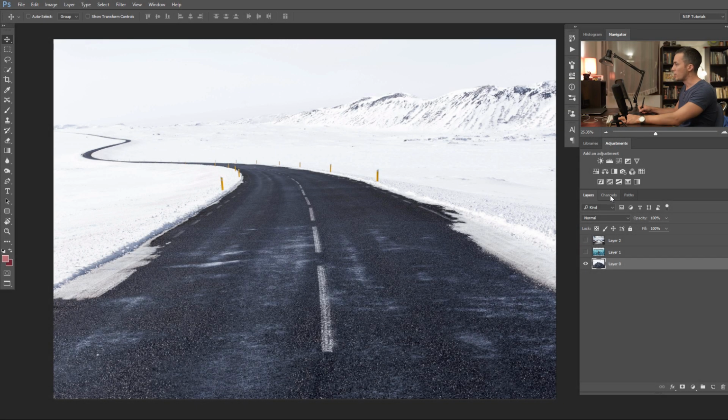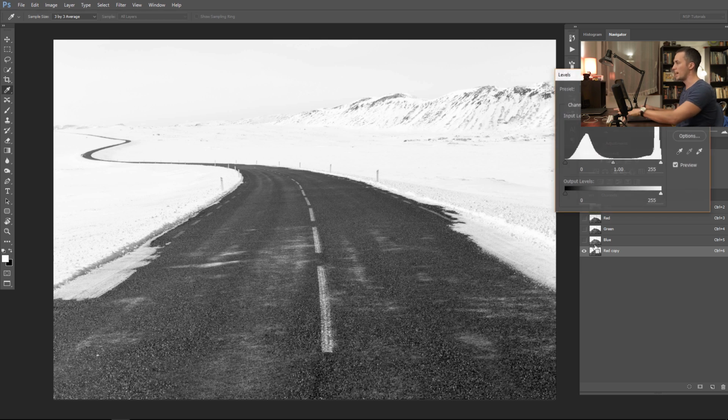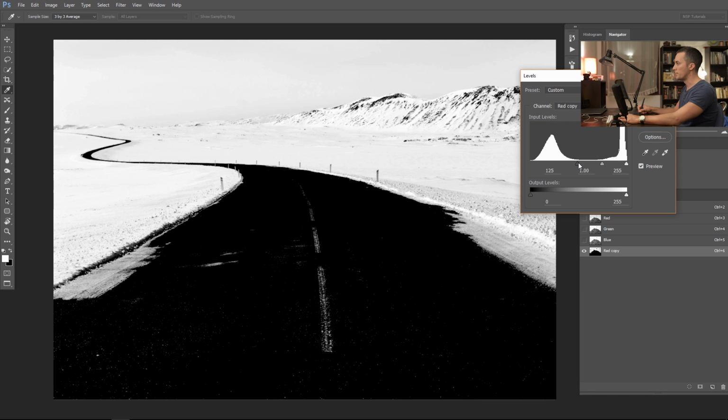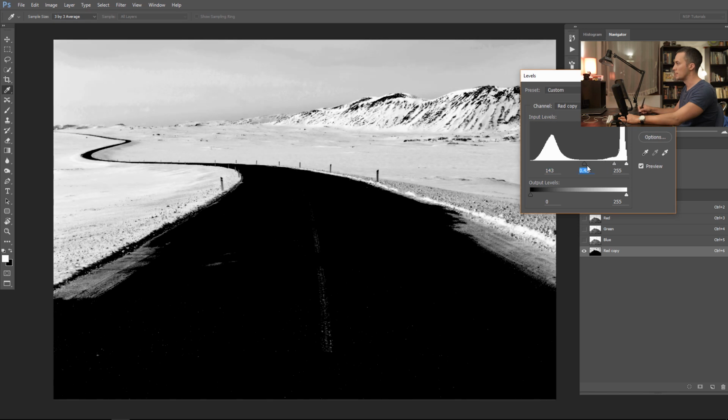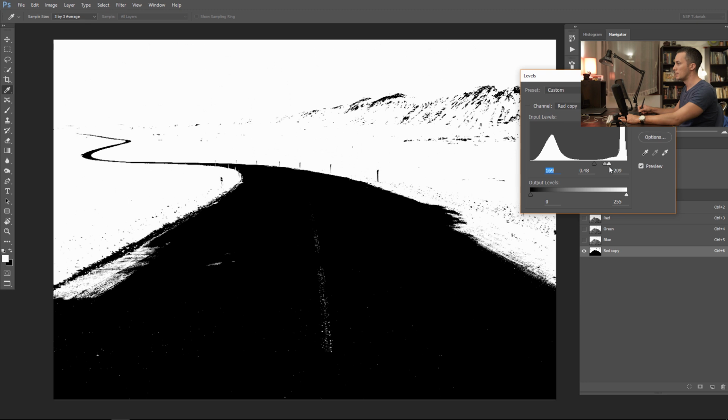Okay. Let's go here to the channels tab and find the channel with the most contrast for this. I think the red is the best for this purpose, and just duplicate the channel. Okay, and now with Control or Command L, bring up the Levels dialog box and clip the blacks and the midtones and bring back the whites. Something, let me see,